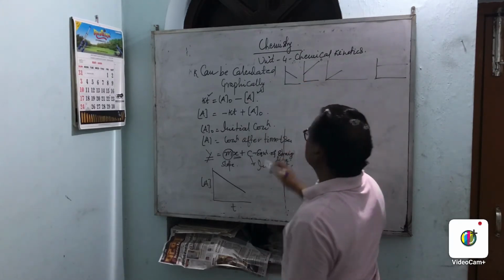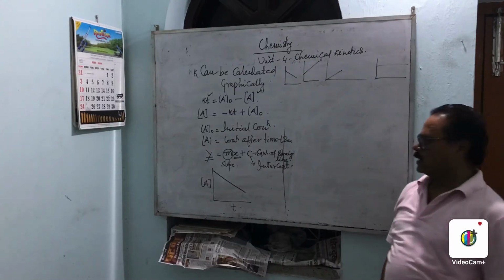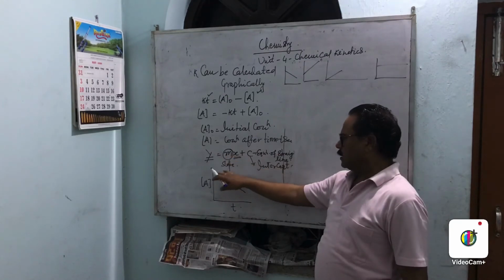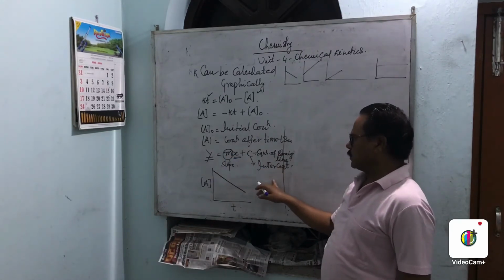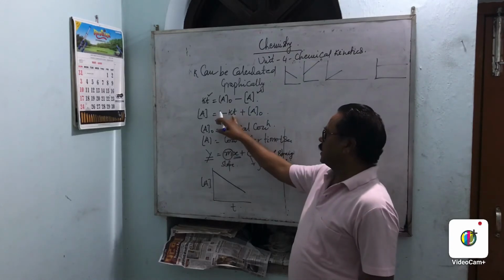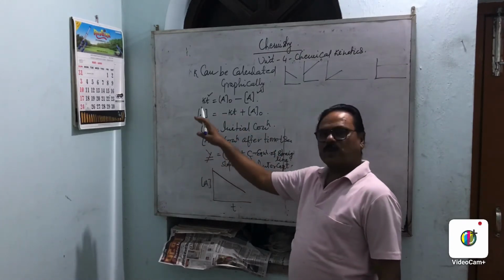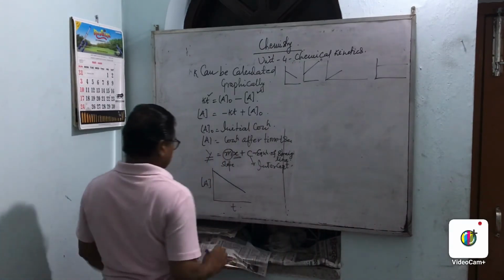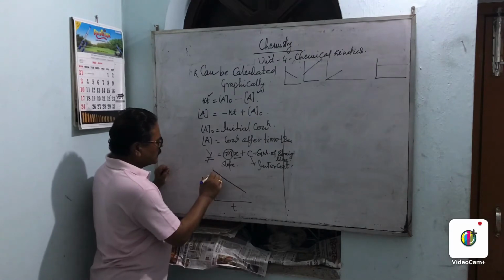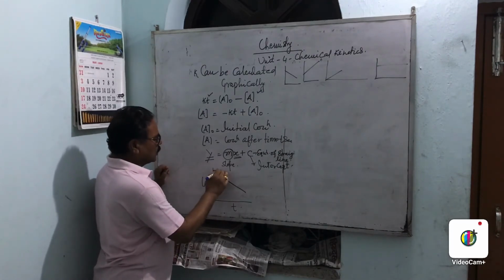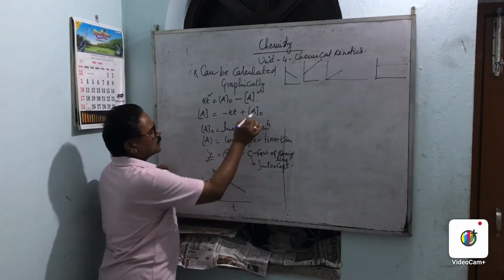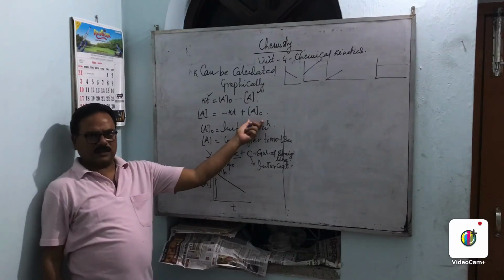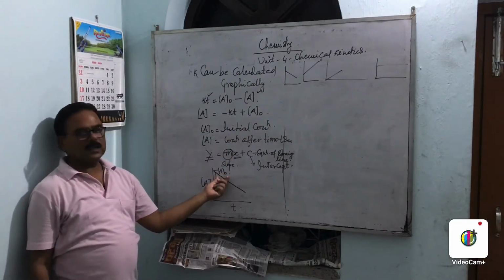Students generally get confused about what the nature of the graph will be. That can be decided by this straight line equation, where m is the slope and c is the intercept. If m is negative, it means the curve goes from upward to downward. So here this is the slope, and this part is called the intercept. In your book it is written as A naught, because C is the intercept and instead of C we have the initial concentration.